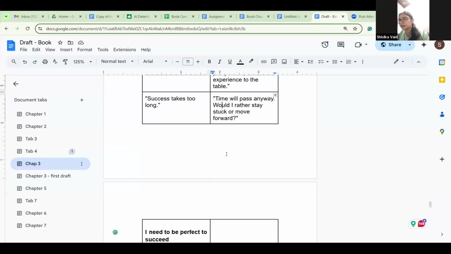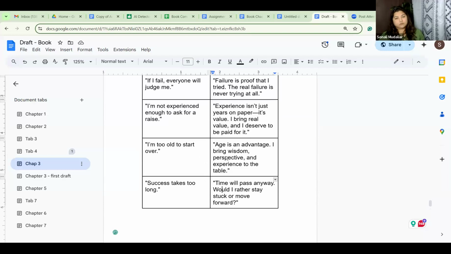First of all, for a course, I would ask them to write down what negative emotions they feel. For example, if it's I'm too old to start over, what are they feeling? They're feeling underconfident, maybe insecurity or fear of judgment. So the first step would be identifying the emotions.